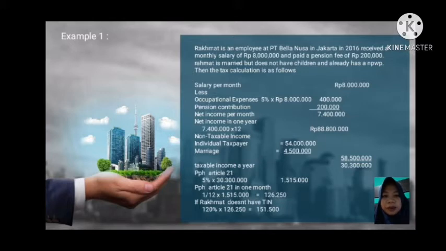5% multiplied by 30,300,000 rupiah. The amount is 1,515,000 rupiah. After that, we can calculate for 1 month. 1 per 12 multiplied by 1,515,000 rupiah, we get